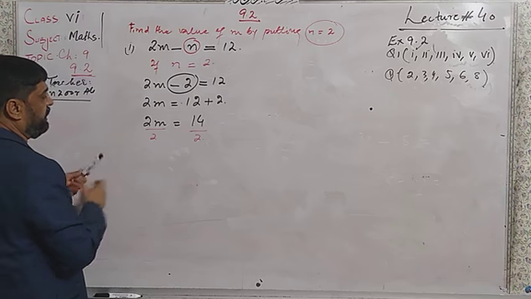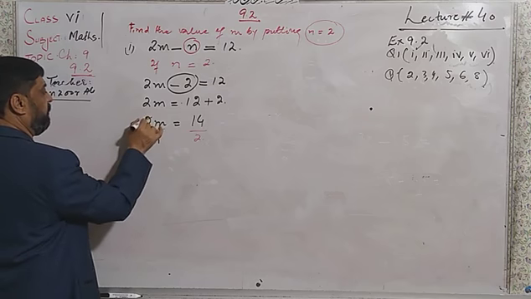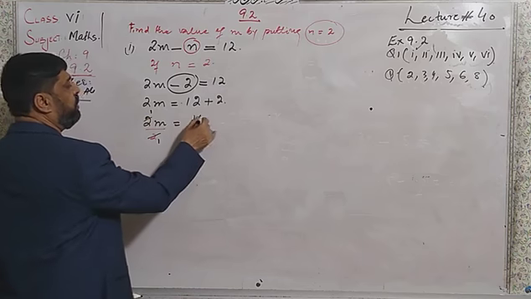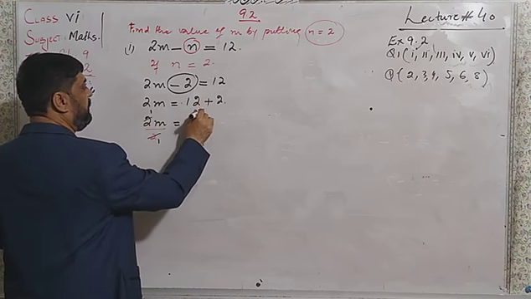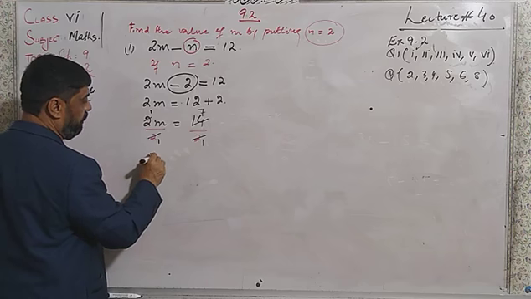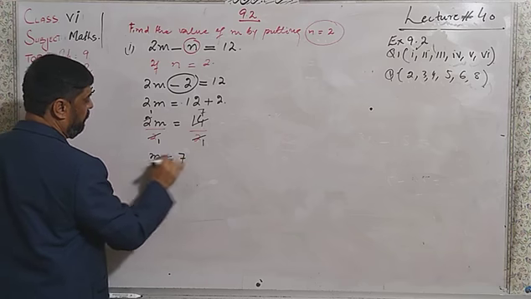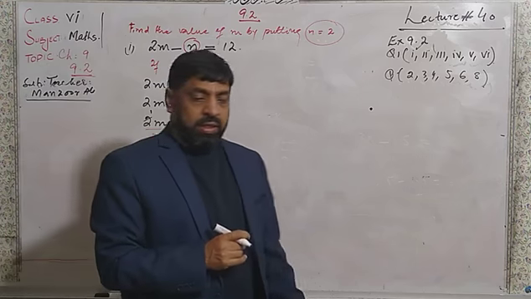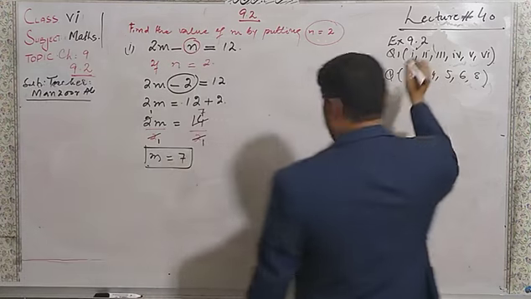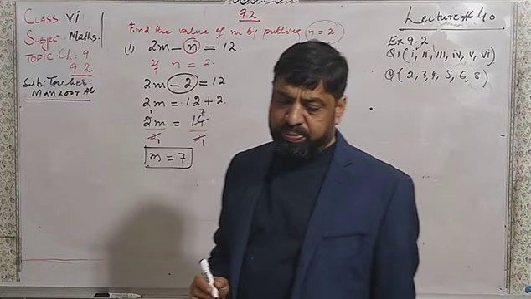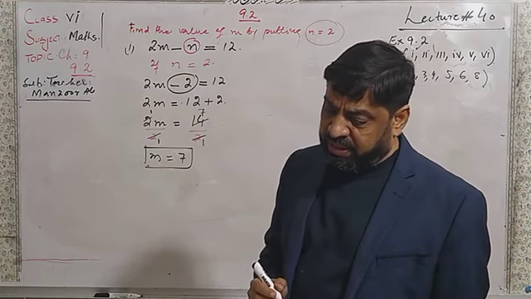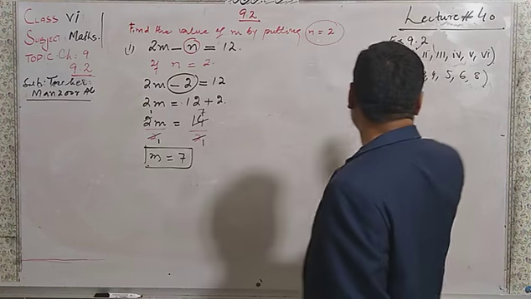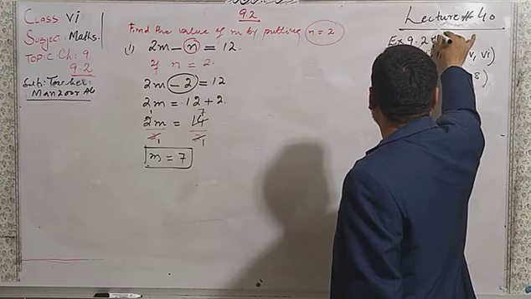And then I will get 2 one time here, 1 time, and the same 2 you can read in 14, 7 times. This is equal to m is equal to 7. This is the answer. Dear students, in the same way we have part number 2, and there is the addition. But I am not going to do part number 2; you can do part number 2 as homework.